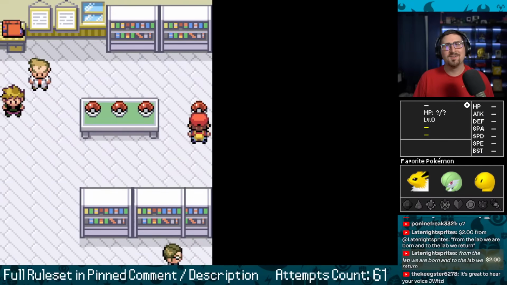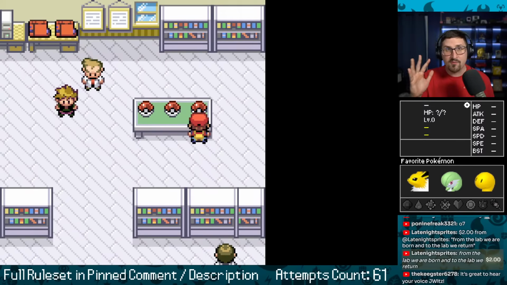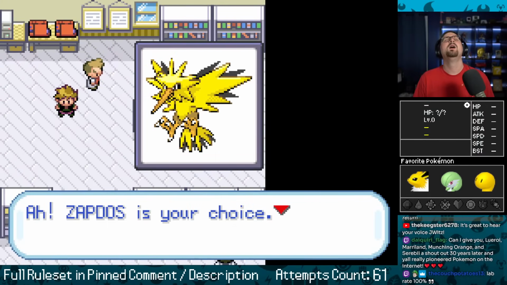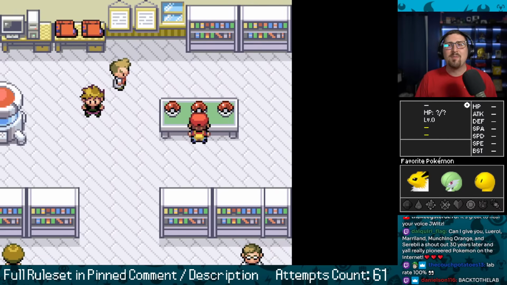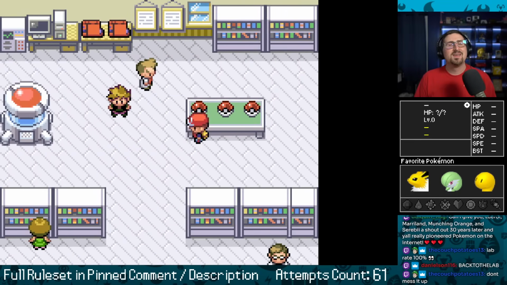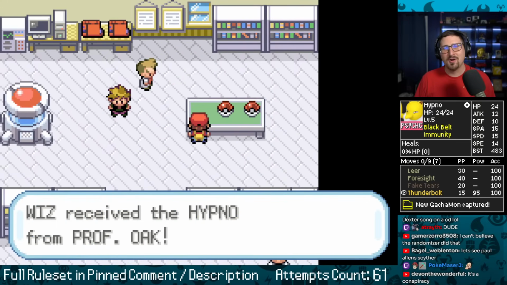So yeah, a lot of runs are just going to be here in the beginning. Sunstone, keep in mind, if I don't have a favorite, I have to pick the left ball. That's the ball that I pick. Oh, Jesus Christ! I'm going to have to fight that Zapdos if I don't get a favorite in the middle. Hypno versus Zapdos. It could be worse. Let's see what we got.